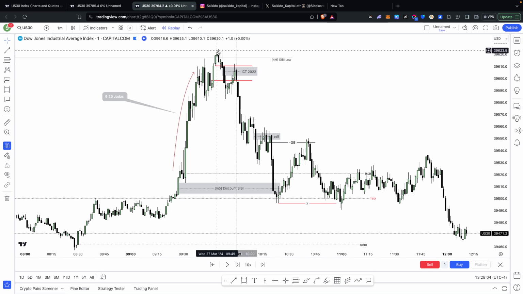And you see this drop, this fair value gap is failing to hold price. On retracement, this becomes the ICT 2022 model. Basically, you need a high, a low, a higher high, and a lower low. So this is a chain, this is a bearish market structure shift here. And then distribution to the sell side, okay?